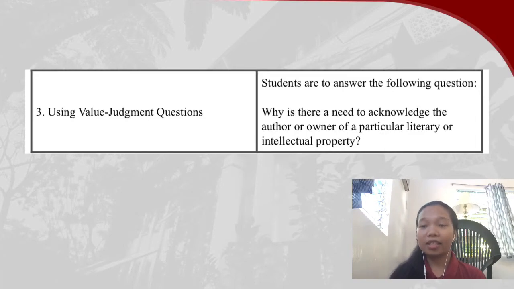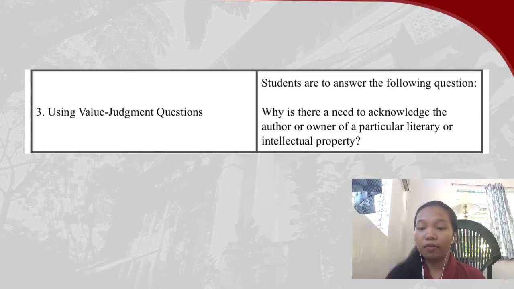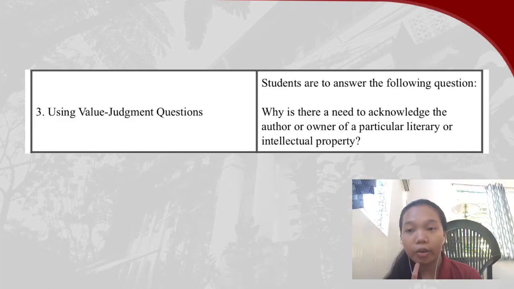My second activity is using value judgment questions. In here, the students are to answer the following question: why is there a need to acknowledge the author or owner of a particular literary or intellectual property? So I came up with this